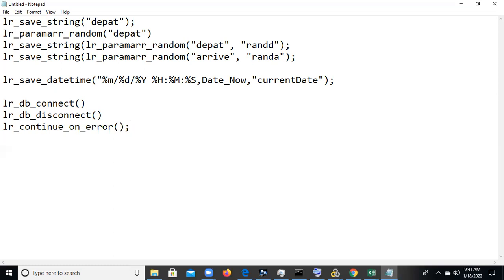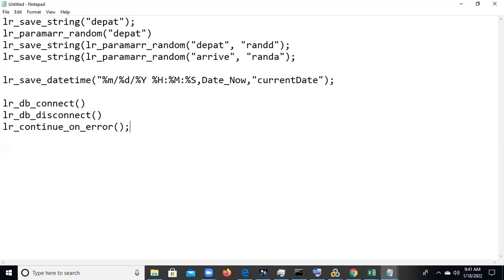For a particular transaction, an error may occur. We need to script with the option to contain a syntax like LR continue on error, meaning no option. We are not giving any option. What will happen? It will continue the script. Even if it fails, the script will continue with the next transaction also.